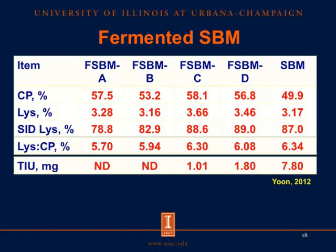We also determined the trypsin inhibitor concentration in these samples, and we can see here that the conventional soybean meal had 7.80 milligrams of trypsin inhibitors, and that's more than the 4.0 milligrams that we usually recommend, and that is likely the reason why the digestibility of lysine in the conventional soybean meal was slightly less than in the fermented soybean meals